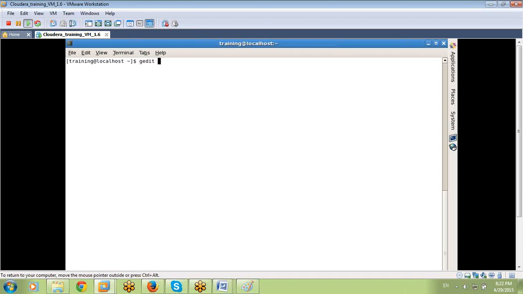So gedit, for example, some name hivesc.hql, give it, not a problem. If you do not give it, also not a problem. There is no rule. If you want to give it, it's fine. If you don't give it, also not a problem. But my suggestion, give the extension.